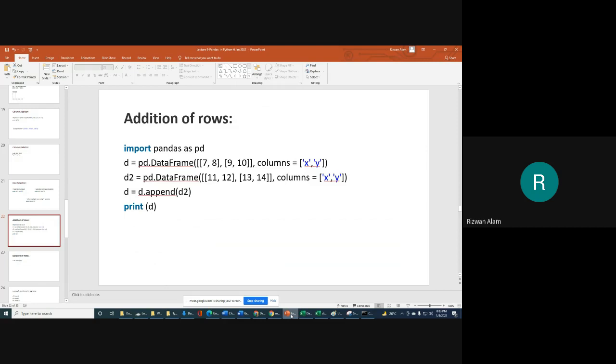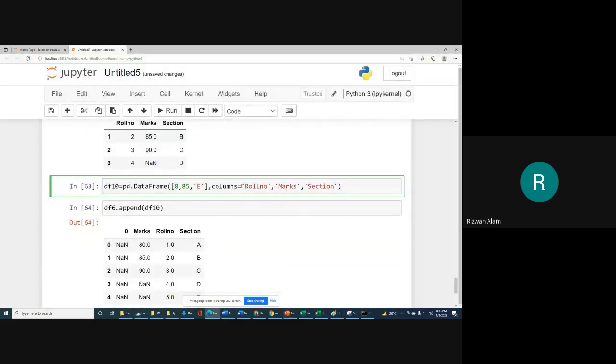Let me check the syntax. Columns as a list you have to provide, and this will be treated as a row.